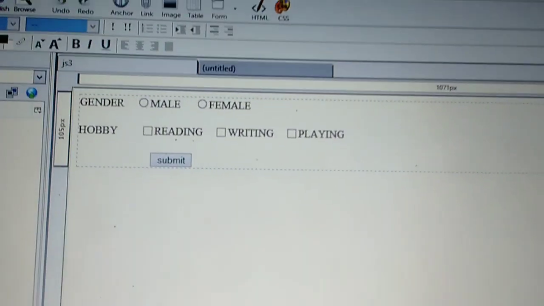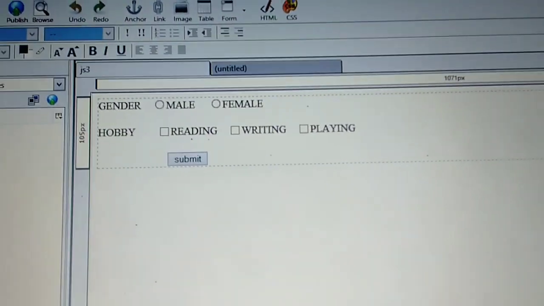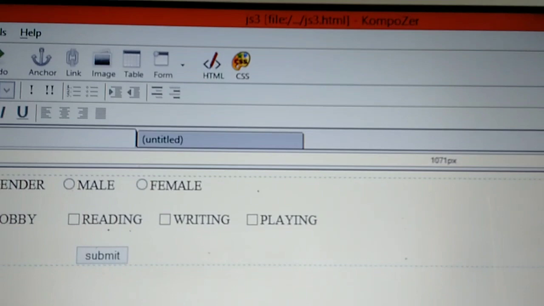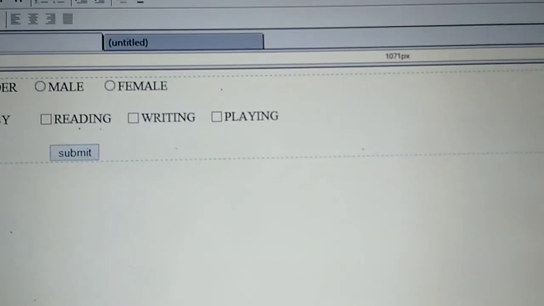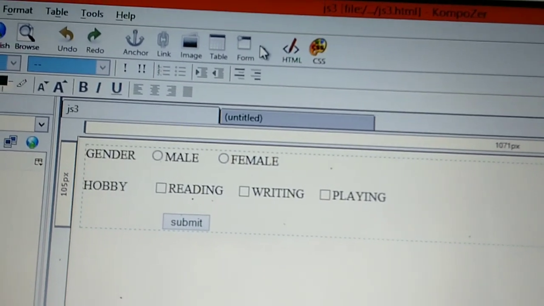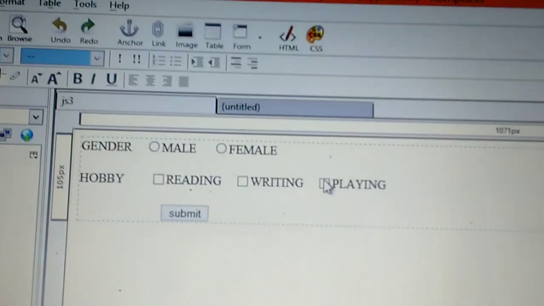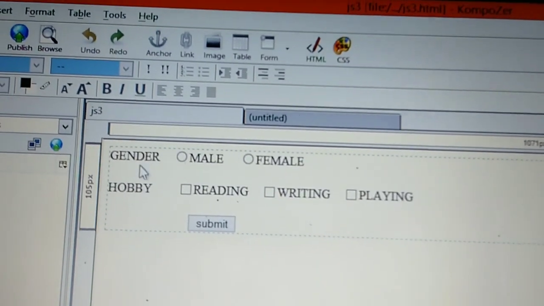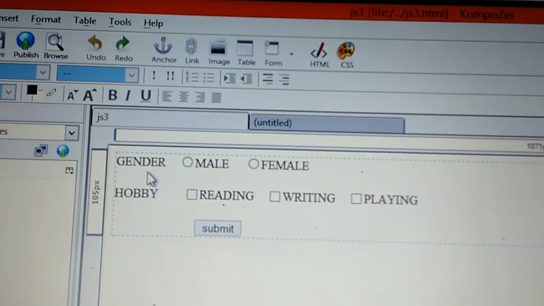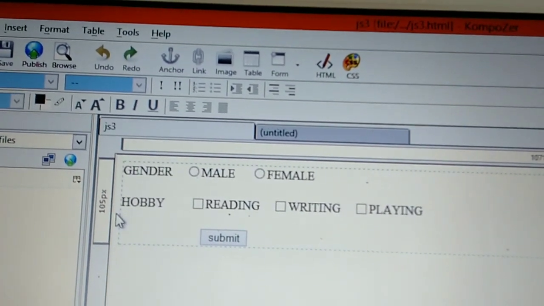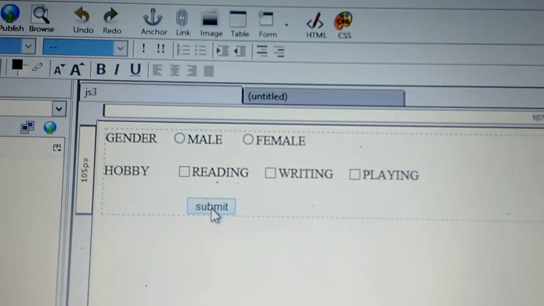So for that you have to create a form. I have already created my form which is named JS3. Can you see my form name is JS3? How can you create your form? Through form tool. Now you have to create a form in which you have to create two fields, that is gender and hobby, and you have to create a radio button for gender and a checkbox for hobby, and